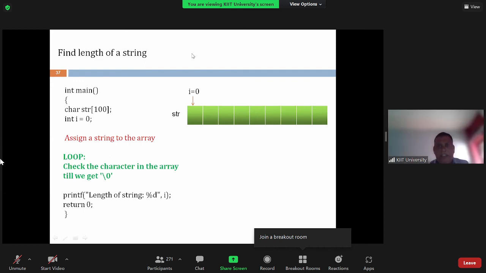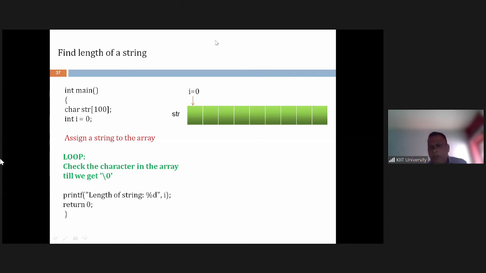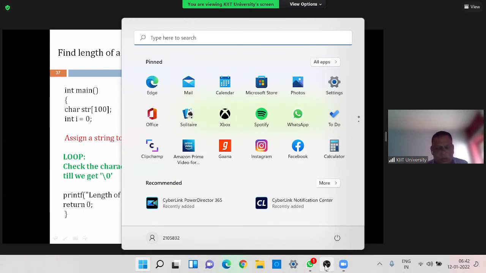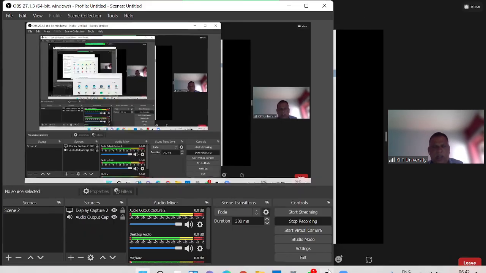Now I already changed it to your breakout room. You can enter your breakout room. Still, if you have any doubts, you can ask me before entering the breakout room also. You can enter the breakout room if you do not have any doubt. If you have any doubt, you can ask me. किसी को कुछ डाउट पूछना है और you will enter to your